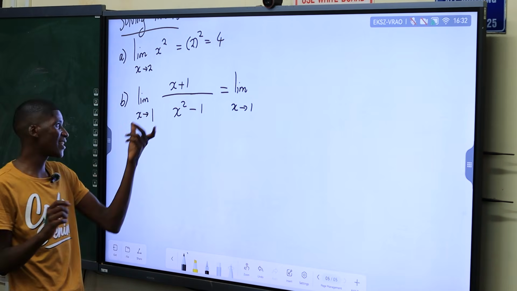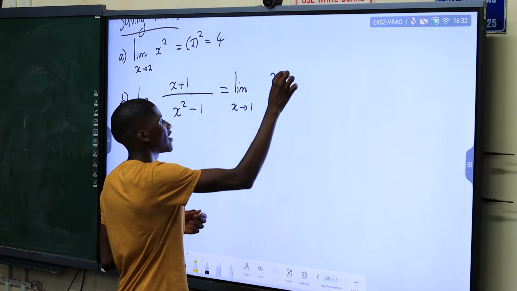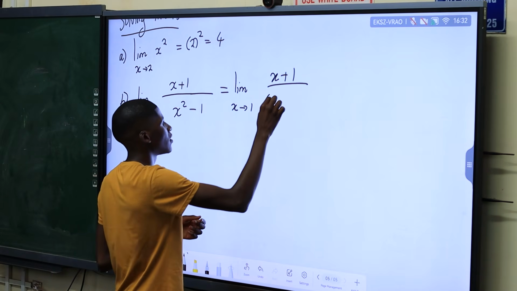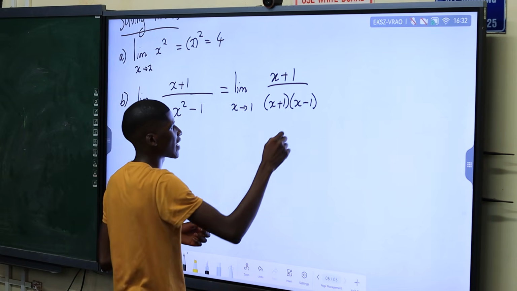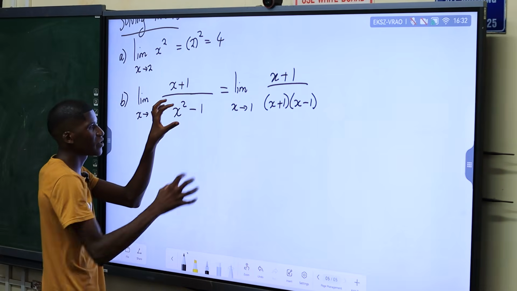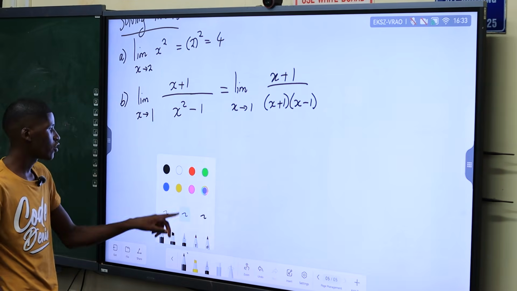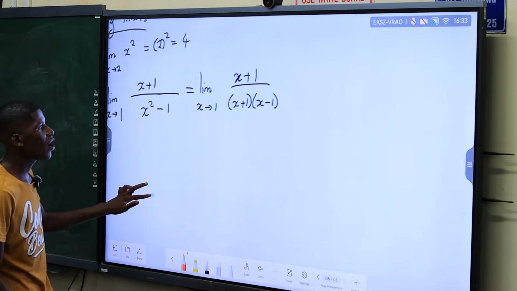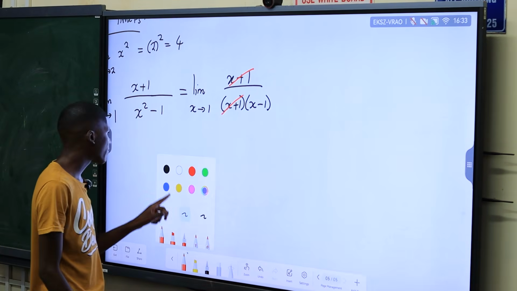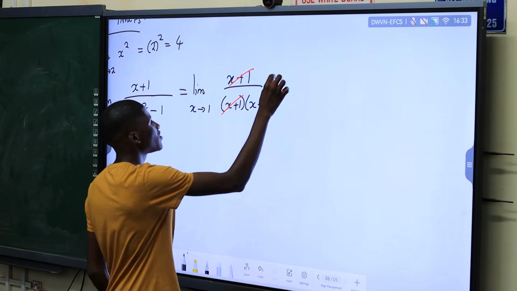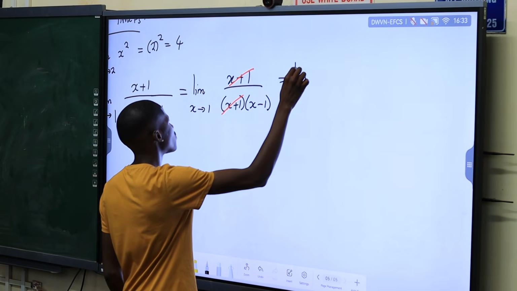We can factorize in the denominator: x plus 1, x minus 1. Yes, because this is the difference of two squares. Now we can see that we have a common factor, x plus 1 over x plus 1. So this is the same thing as the limit of...